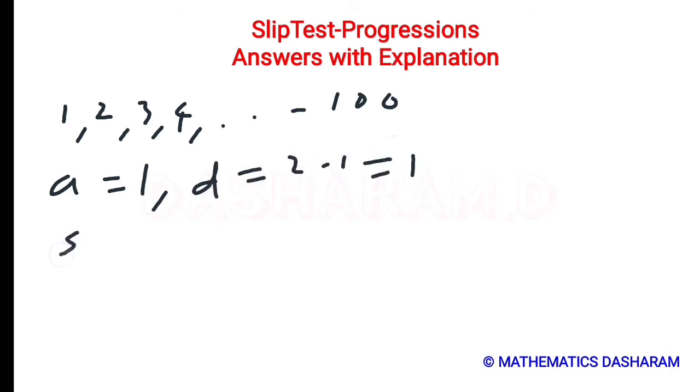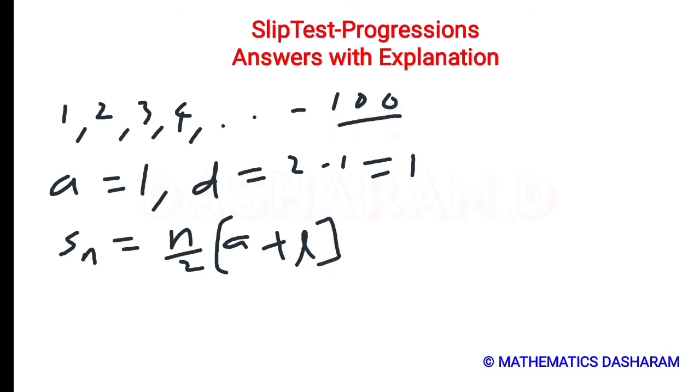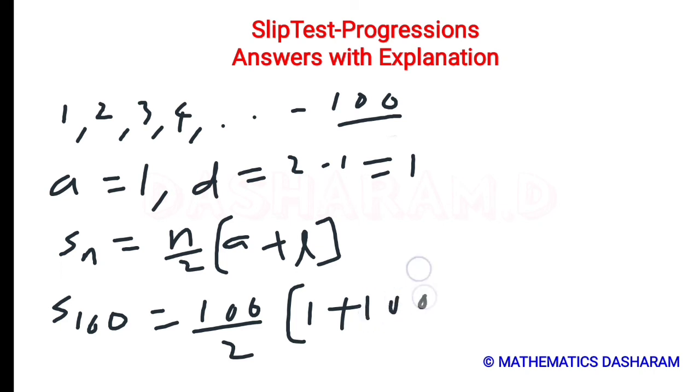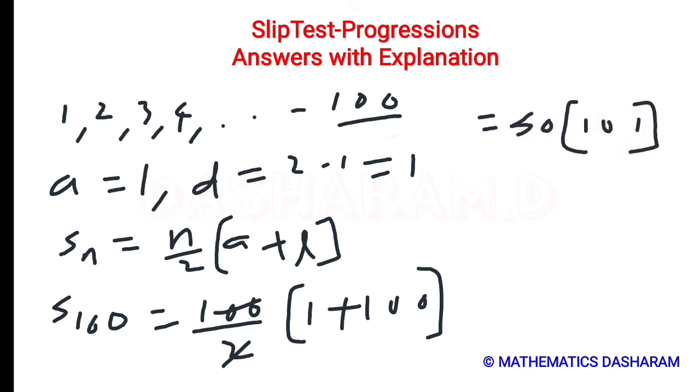Let's find the sum of first 100 natural numbers. So n by 2 of A plus L, because the last term is available, that is why I am taking n by 2 of A plus L. Now S100, because there are total 100 natural numbers, serial natural numbers, so definitely 100 will be there. 100 by 2 into A means 1, L means 100, so it equals 100 by 2 is 50, into 1 plus 100 is 101. See, 5 into 101 is 505 and beside it 0, so 5050 is the sum of first 100 natural numbers.